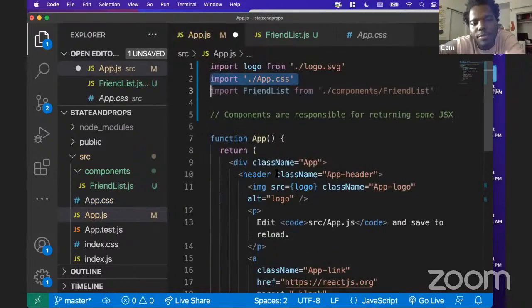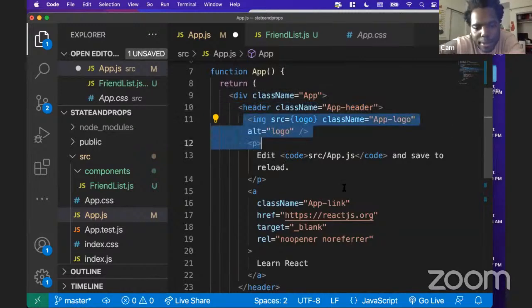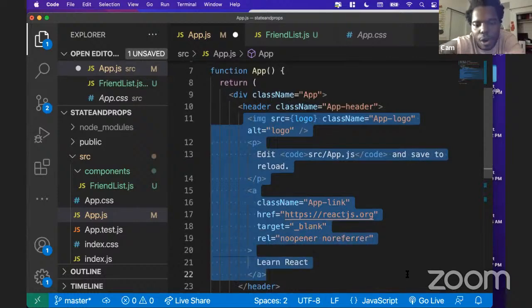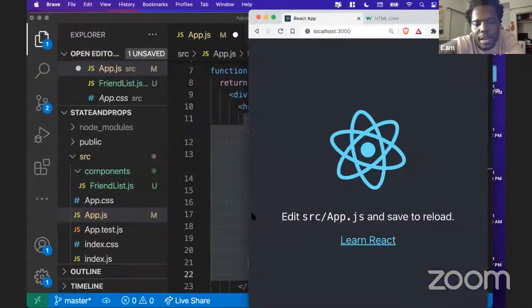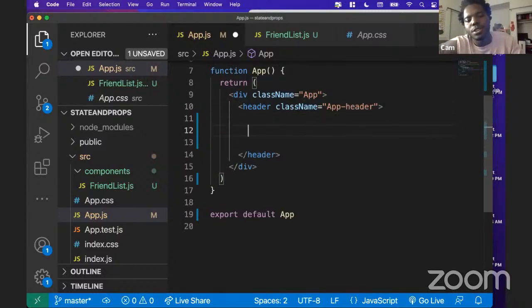I'm going to keep some of these elements here, like the div and the header, just so that the app has a little bit of style. But everything else in here, the image, the paragraph, and the anchor, which are basically all of the visual elements we see here, I'm just going to delete. So for now, I'm just going to delete those. And instead, I'm going to keep the div and the header, just so that I have some